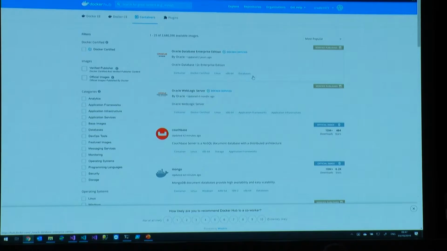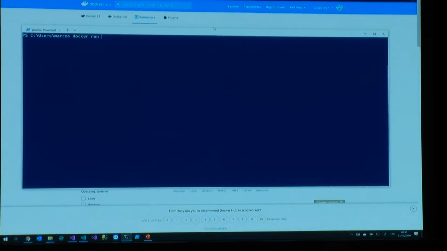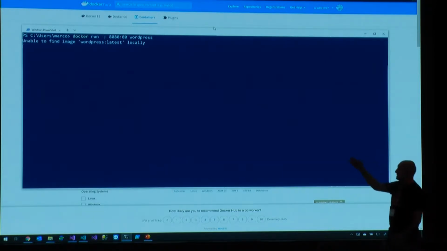So say that, for example, I want to run WordPress on my machine. I don't have PHP installed. I don't have anything. I haven't configured the IIS. But I can go here and just type docker run WordPress. And let me also specify this parameter. So WordPress is a website. It's exposed on port 80. I want to remap it to port 8080 on my machine. So this is the syntax. I hit Enter, and it says, OK, I'm unable to find the